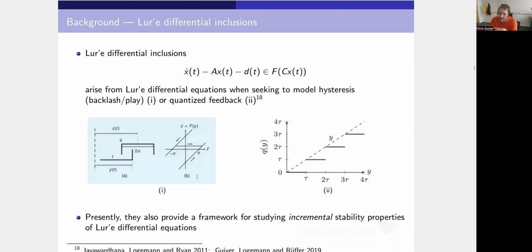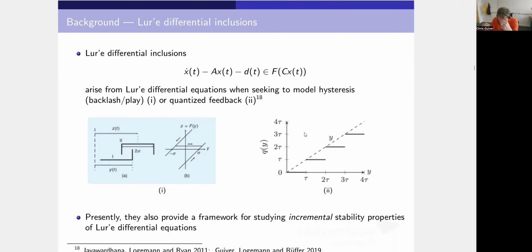So how about Lur'e differential inclusions? Where might they come from? I remind you of the equation, x dot minus Ax minus d belongs to F of Cx of t. Well, these can arise in a number of settings, for example, to model hysteretic effects or quantized feedback. I talk about quantized feedback first. That's this diagram on the right here. So quantization,